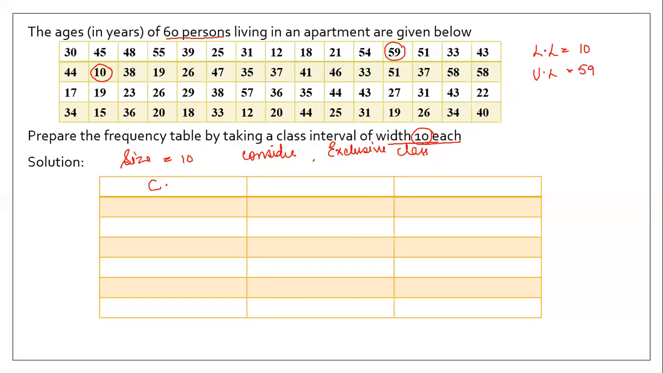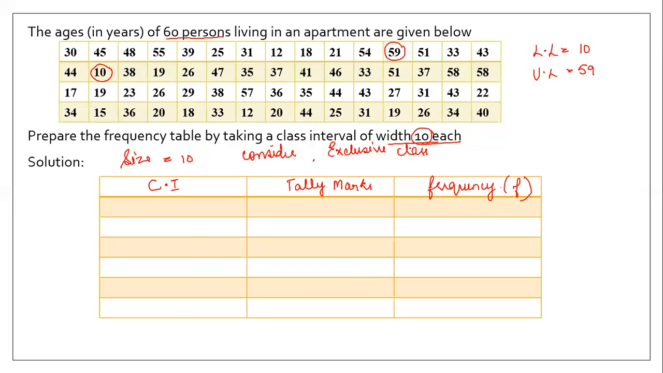So first column we will write as class interval. Okay, second is tally marks, and the third column is frequency. Okay, that is noted as F. So it is the same. They have given us the data of 60 people. The total is 60. But they have asked us to prepare a frequency table by taking the class interval of